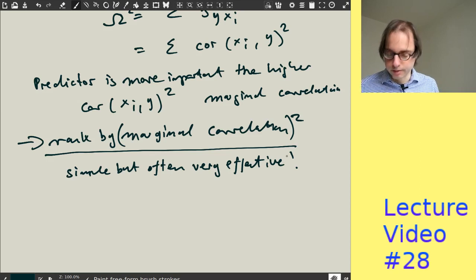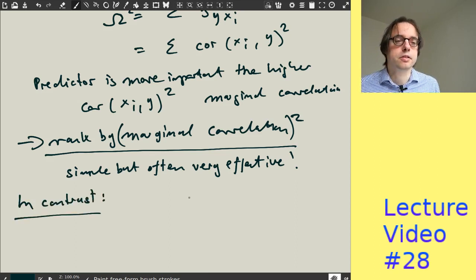Let's talk about which other criteria there are that you shouldn't use. In contrast, what you shouldn't use is